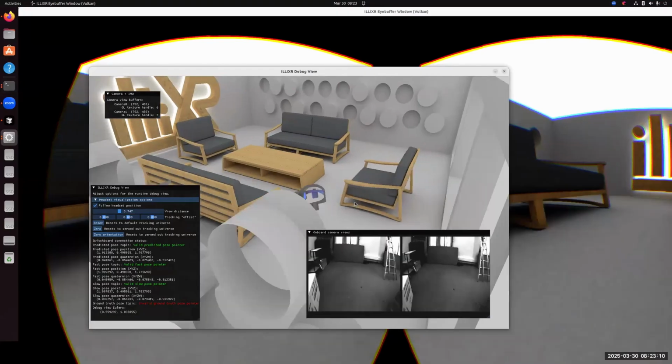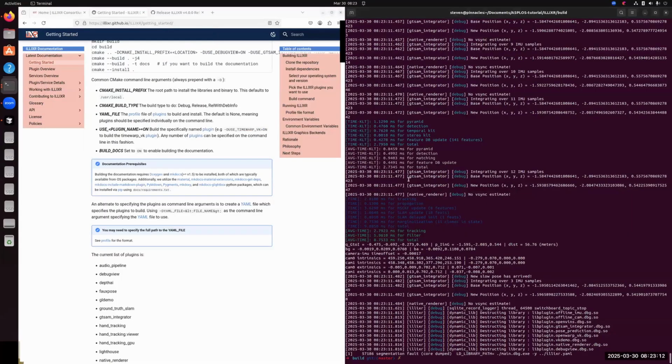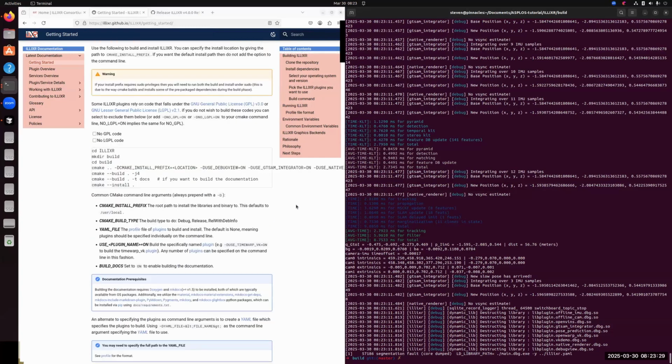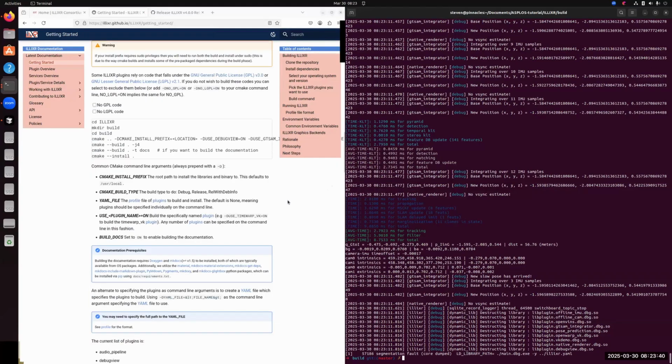We call it native because the app that's running right now is called VK Demo, and it is kind of a test application that's hosted inside Elixir. So we're not doing OpenXR, and this is completely within Elixir. So this will be helpful if you're doing development on the graphics pipeline and you just want a simple application to test with. So that's how you set up and run Elixir.